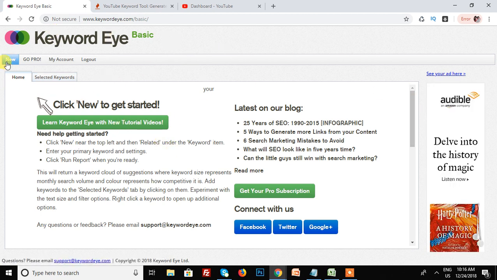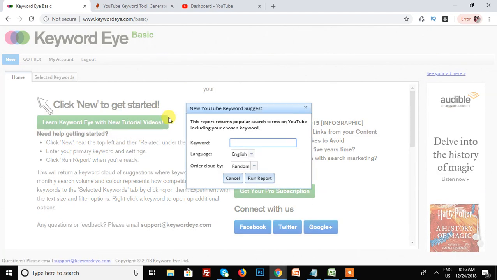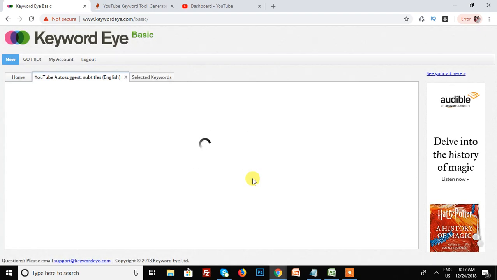Then I go to new keyword auto suggest and click on YouTube, because I'm searching keywords from YouTube. I write subtitles, language English, random algorithm, click alphabetically, and then run report.